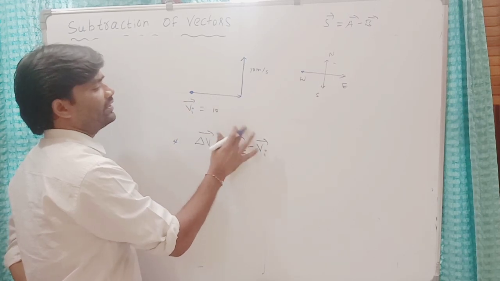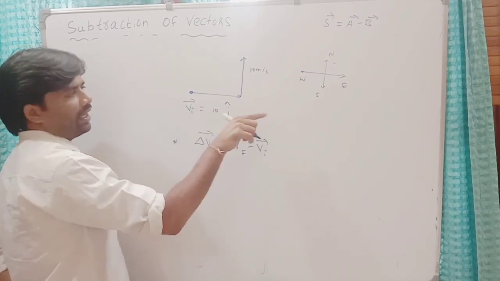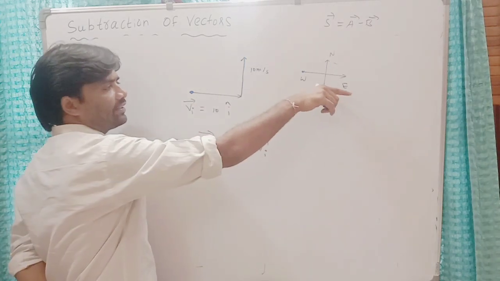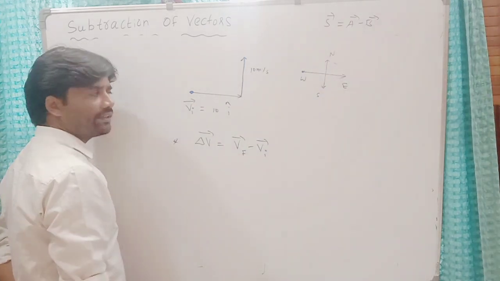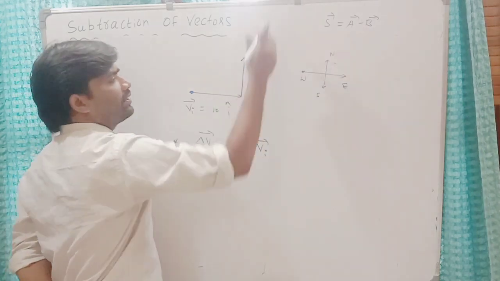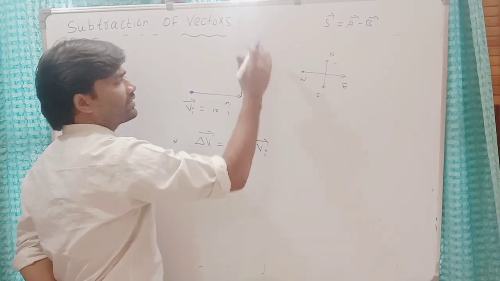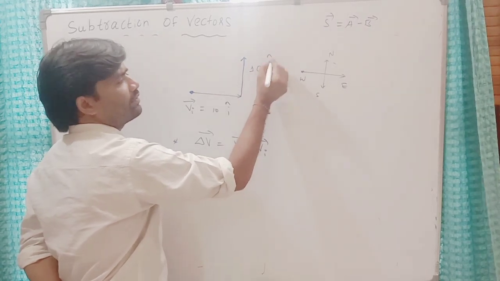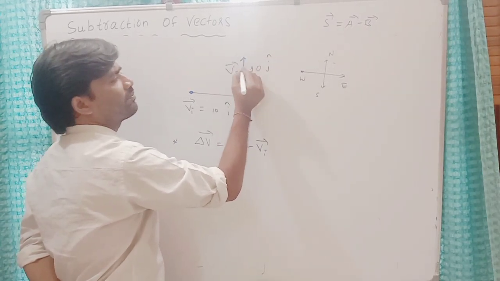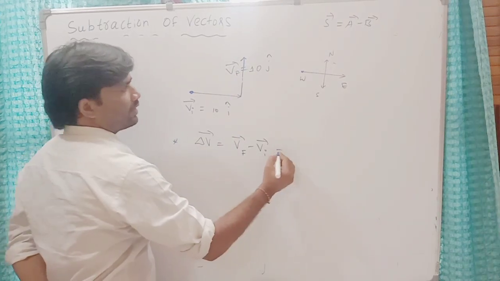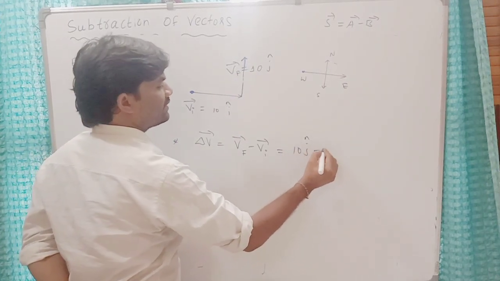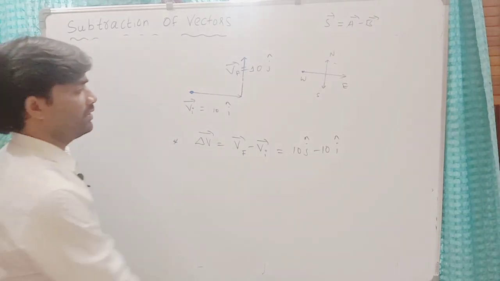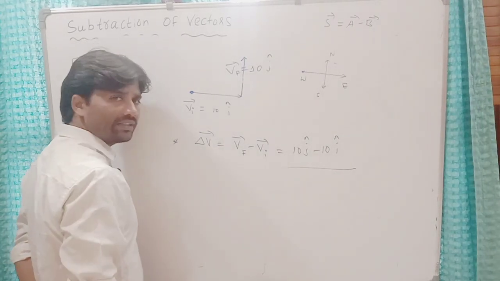So you can write this as 10 i cap. i cap shows what? Direction. It is along positive x direction. Generally we take east as the positive x direction. This is towards north, means y axis. So the final velocity is this. Now it gives what? 10j minus 10i. This difference is not equal to 0. It gives the change in velocity in vector form.